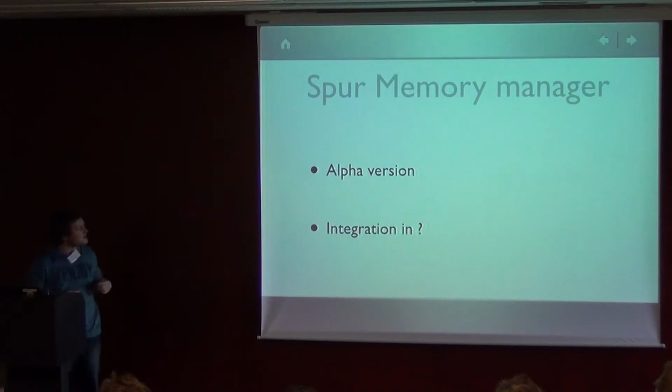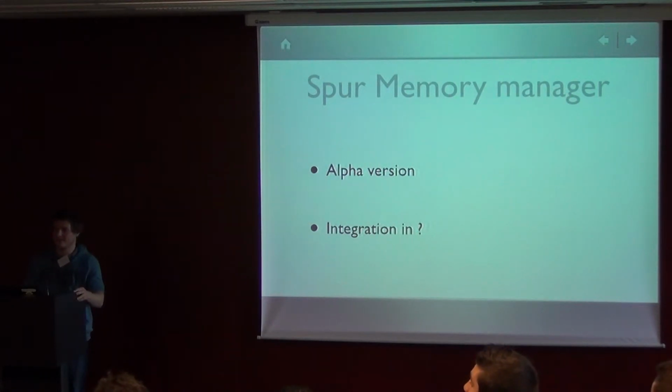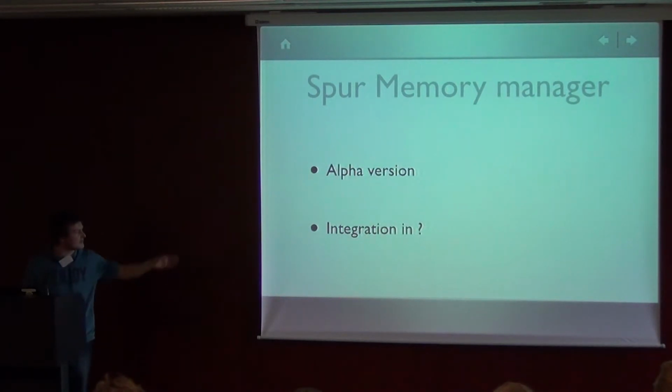So I put integration in because, as it was said in the first talk, we will release 5.04 either in March or in July. If the release is in July, there will be a Spur 32-bit. If it's in March, most probably not. In fact, that's what we want to discuss with you: if we want a 5.04 with Spur, or you can wait until 5.05. And then 5.04 will come in July. So that's why we don't know.